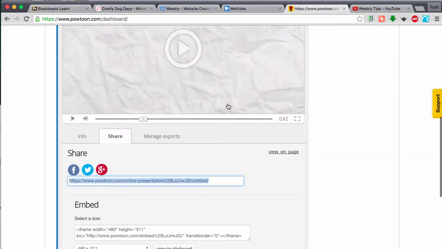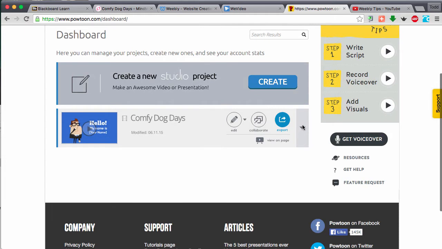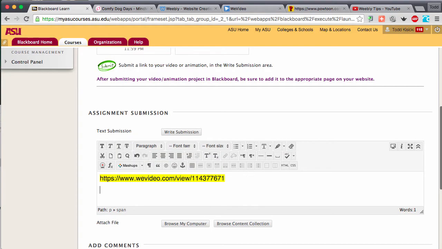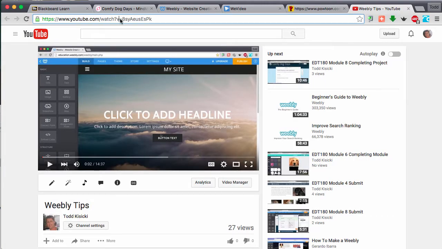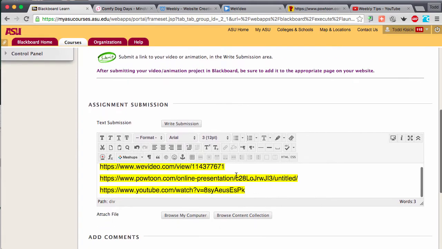Okay. Now if it's a Powtoon, same thing. You'll go to your dashboard and there's this drop down arrow here that I can click on, and under the share tab there is a link here that I can copy and paste in. So if you decided to do a Powtoon instead of a WeVideo, you can do that. Now if you decided to do a YouTube video, then just go to your YouTube video and copy and paste the URL. Okay, and then you'll submit. So you'll only need one of those, but I just wanted to show you how to do each of the